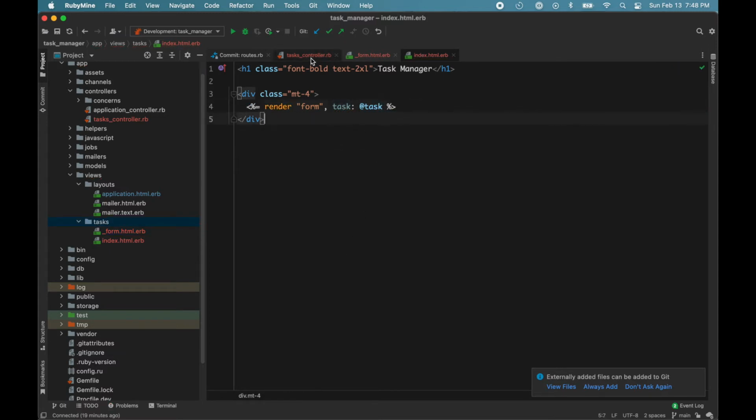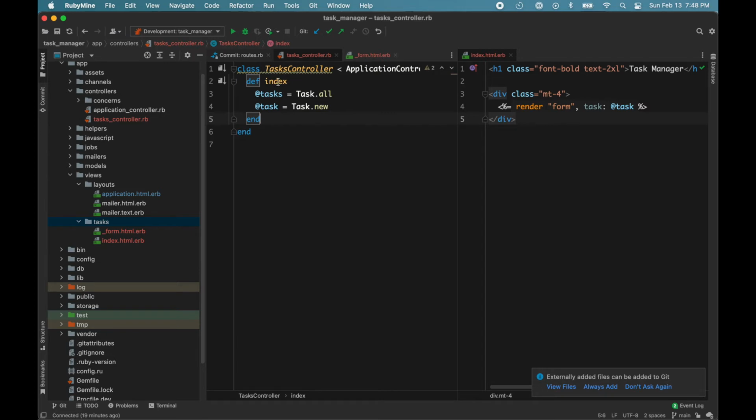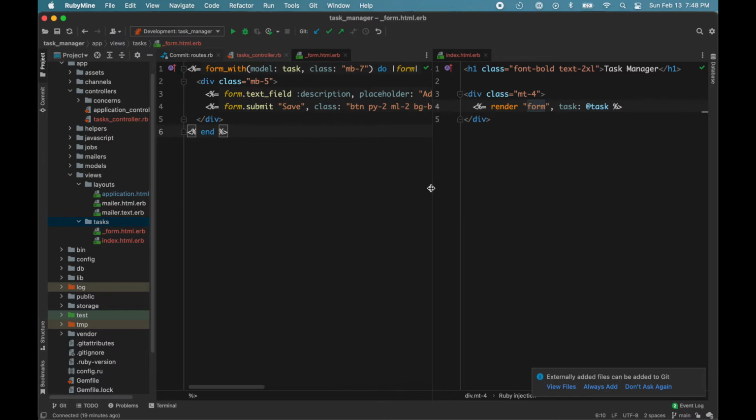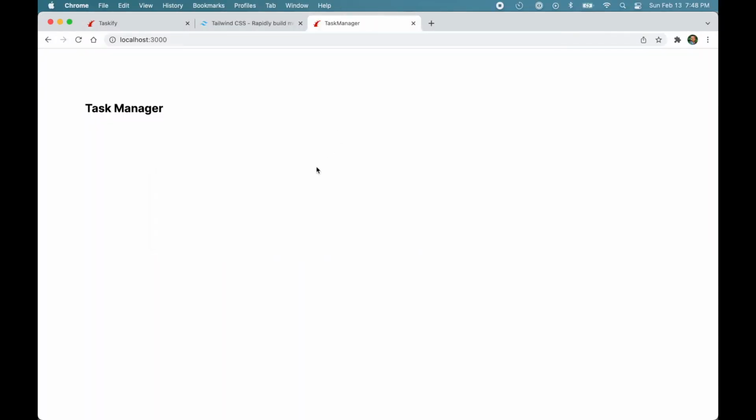So what we are doing here is we have the tasks controller and we have the index file. In the index action, we create a new task, and in the view, we are passing that task to the form partial. And the form partial uses that task as the model and shows its description and has a save button. All right, so let's reload the page, and there we have our form to add a new task, but the